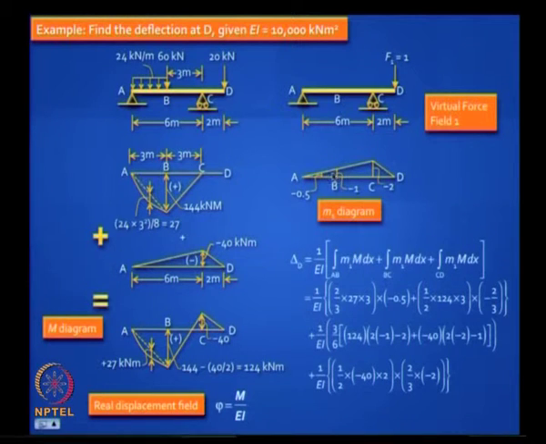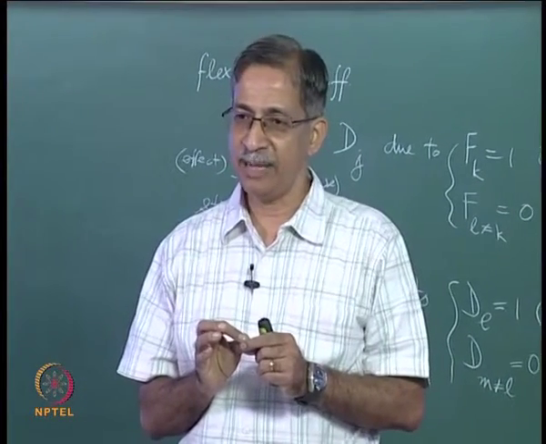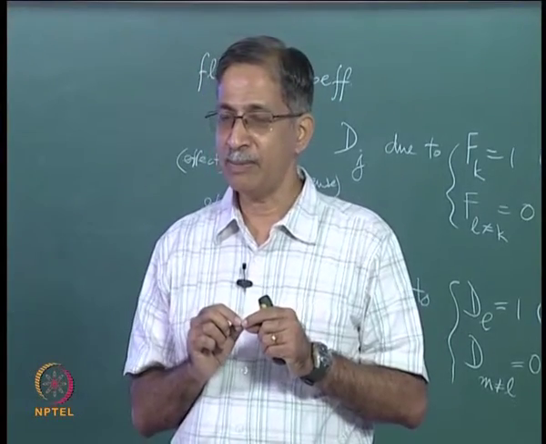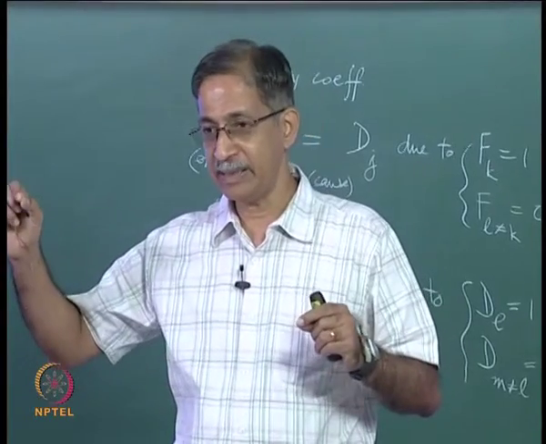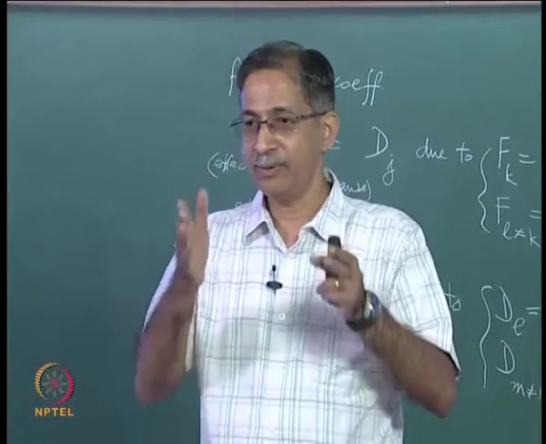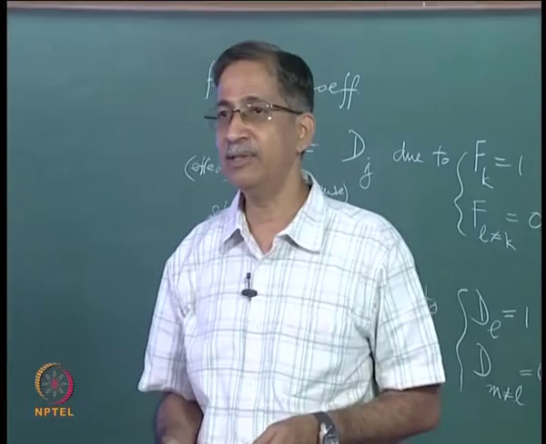You will find that the value here is -2/3 and so on and so forth. So you need to complete this product. Be careful, just look for equations. If you have a single equation for a certain length and you are multiplying with another equation for that entire length, you can do it together. But if you have a break in the line, then you must restrict the integration to that region where you have the change in slope. So you work this out, you can get the answer. In this case, that is the value that you get.